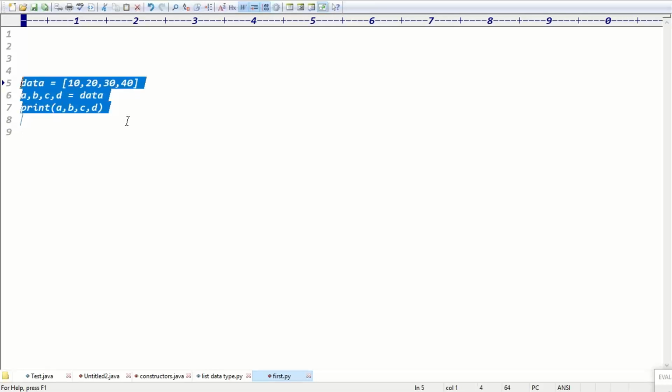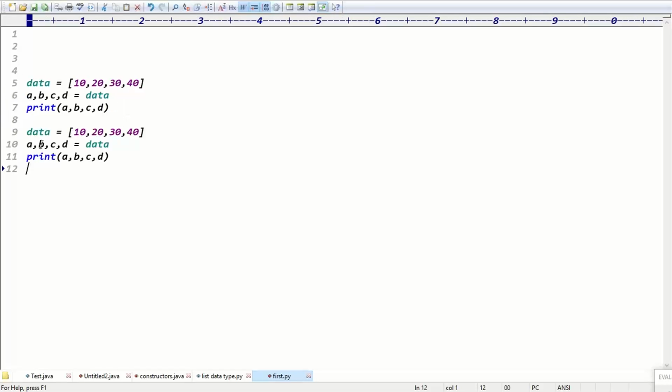Now, sir, I want to take the data like this. The first value I want to store in variable a, the second value I want to store in variable b, and the third and fourth I want to store in a single variable. Then what do we have to do? While discussing the functions concept, functions return multiple values with variable-length arguments. Then you can simply use a star. So you can print star c. Star can hold multiple values, right?